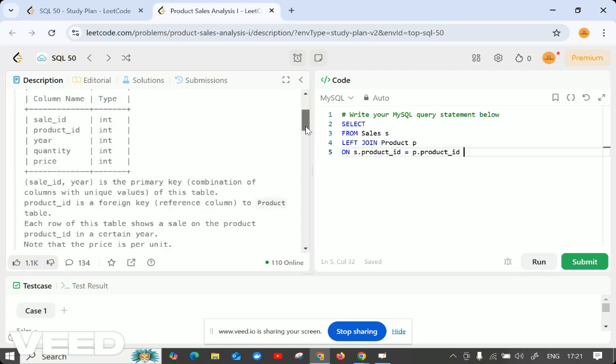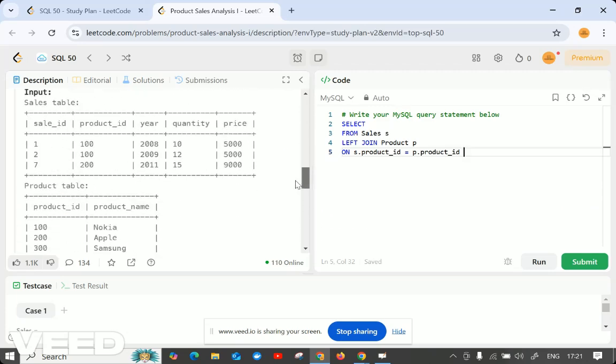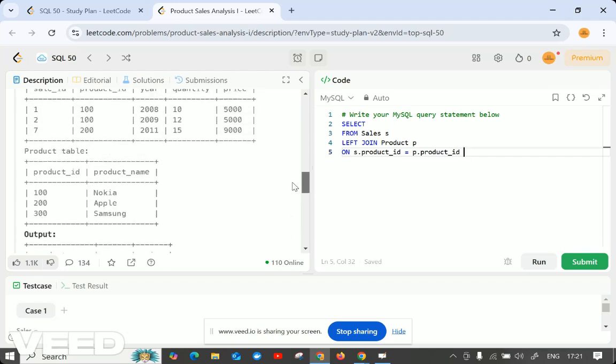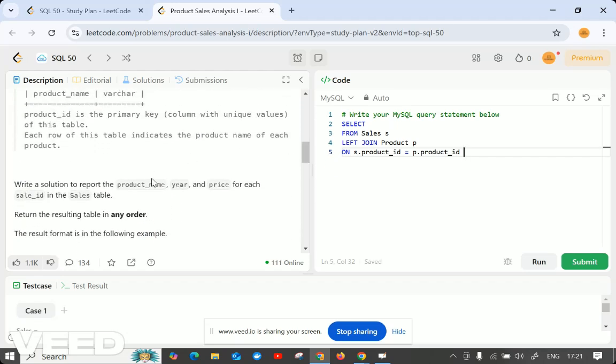Now just see what they're asking: product name, year and price for each sale ID. So these three things only they are asking. You can just give them like this: year and price.